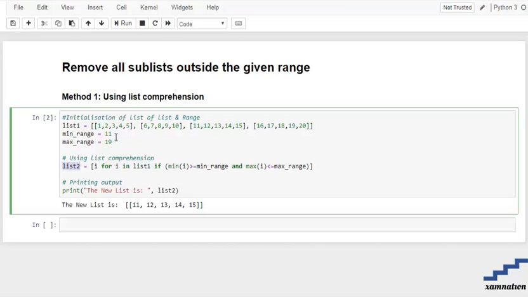As you can see over here, we have taken the minimum range 11 and the maximum 19. So of course, the first and the second are not going to get included. Coming towards the third, it gets included because the minimum range is 11 and the minimum of our sublist is also 11, and the maximum range is 19, while the maximum number in our sublist is 15,